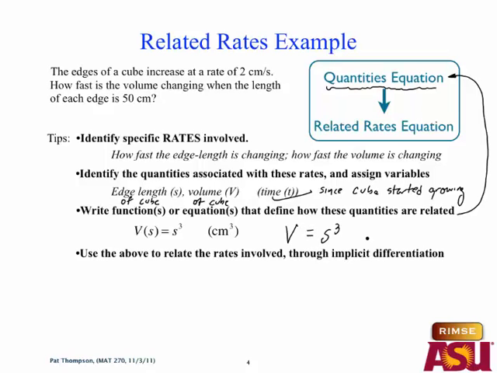This might be easier just to write the formula, V equals s cubed. So we want to differentiate V with respect to time. What is that? dV/dt. And then we want to just differentiate this with respect to time. Nope, it's not ds/dt. You need to differentiate, right? We're taking the derivative. What's the derivative? 3s squared, but then the chain rule gives us ds/dt, okay? So we're going to have dV/dt equals,